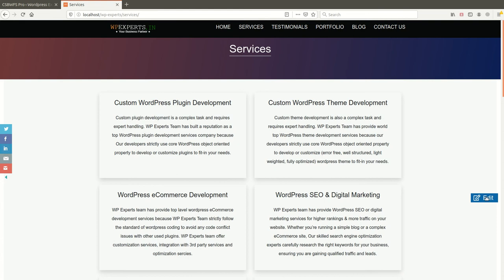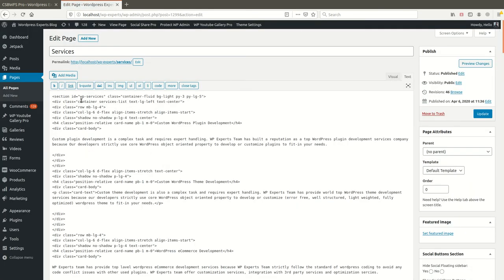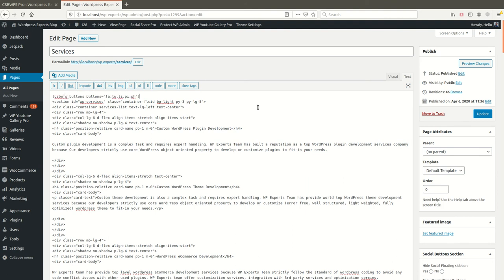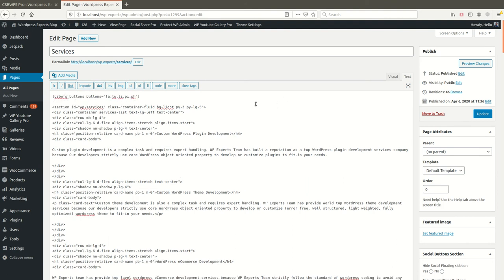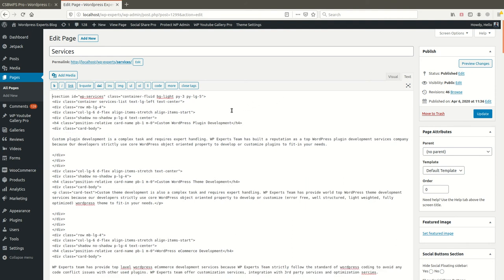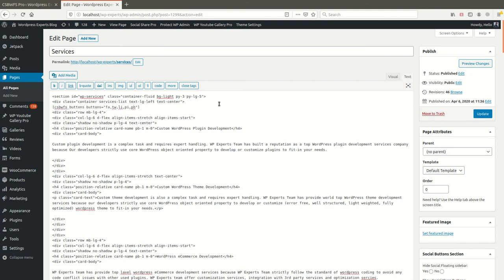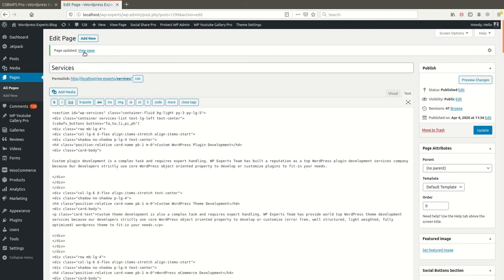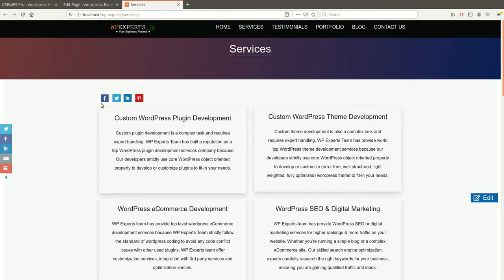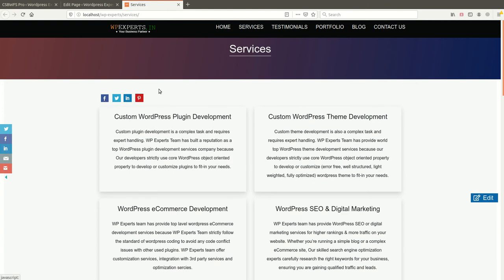This is our service page, and now I want to display the social buttons at the top of the page. Then you need to add the button shortcode and publish the page. You will see the social share buttons are showing here.